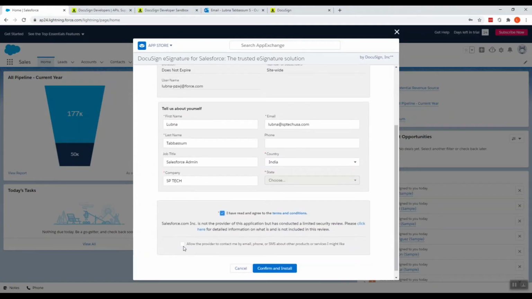You can leave this box unchecked if you do not want the DocuSign or Salesforce person to contact you.